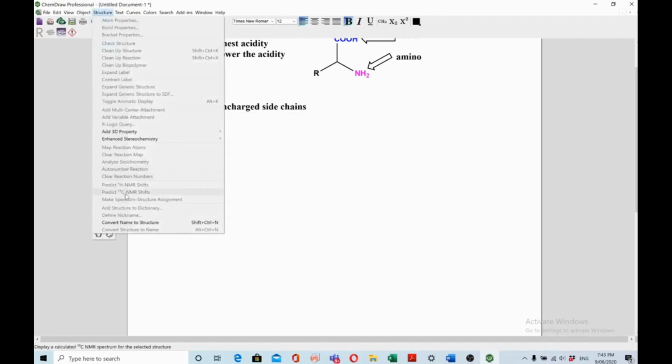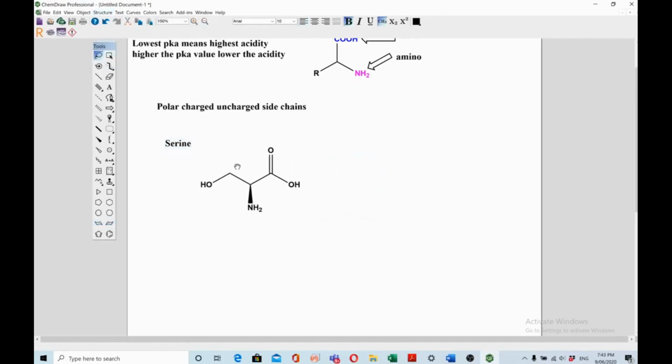So serine is an amino acid having this structure. If you haven't watched my functional group video, please watch. There are 3 functional groups in this: acid, NH2 (amine), and alcohol. And there's 1 chiral center obviously here, this one. The 3-letter code for serine is SER, the 1-letter code for serine is S, and the pKa for this acid is 2.13. The pKa for this NH2 is